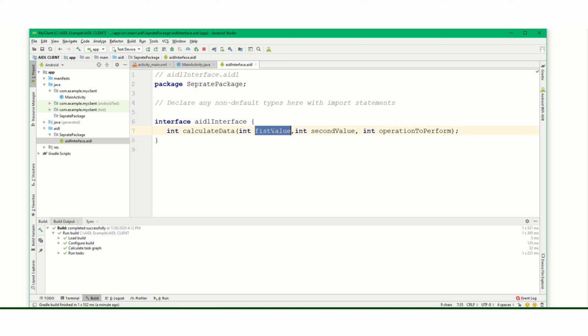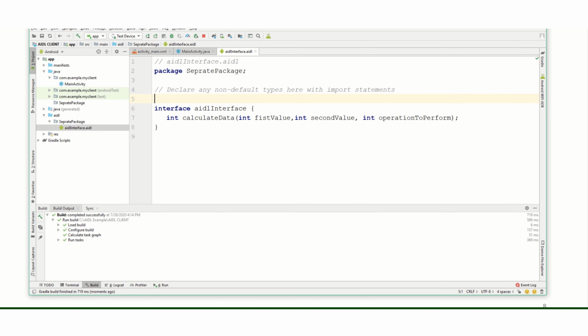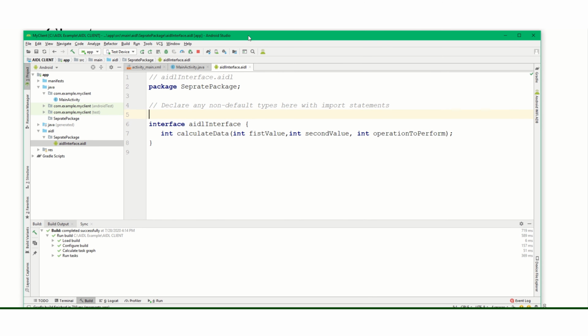This will be our first edit text value, second edit text value, and the operation we want to perform, like 1 for addition, 2 for subtraction, 3 for multiplication, and 4 for division. As I have made changes in this file, I have to clean the project. Yes, the clean is successful.